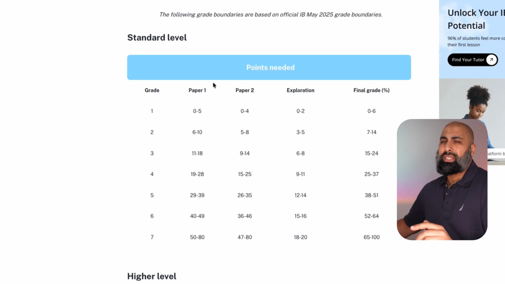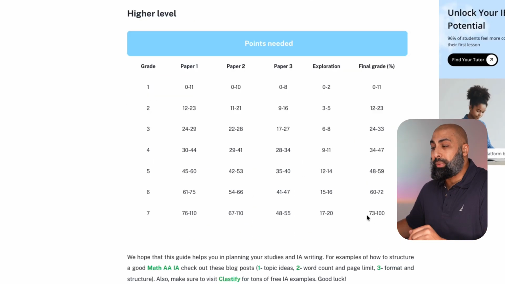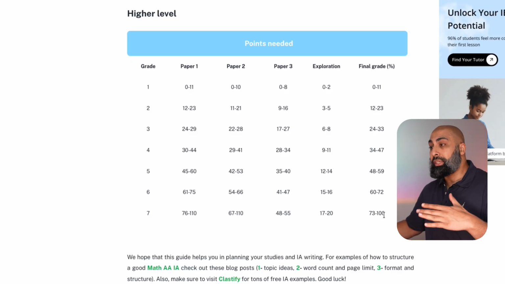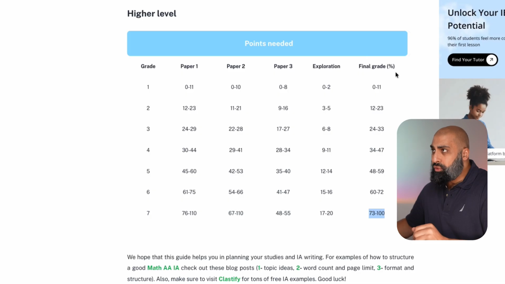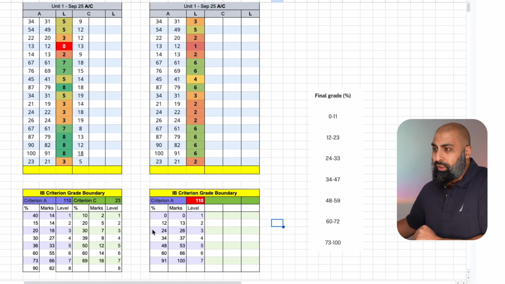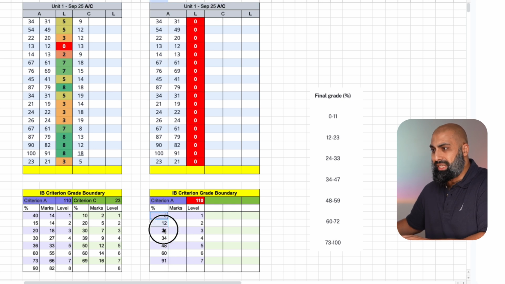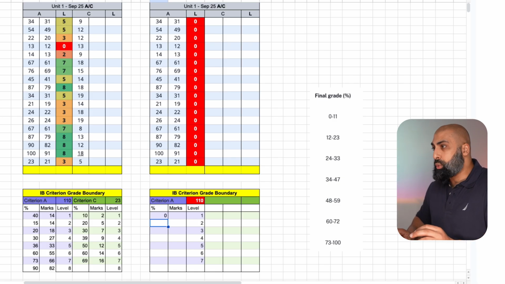What about a percentage score? Let me explain why, yeah? This is the percentage grade boundaries for the IB Math AA. So 73% out of 100 will give you a level 7 based on paper 1, paper 2, paper 3, and the exploration. Let's take these grade boundaries and go ahead and use these percentage boundaries. Now this time, these are percentage boundaries, yeah? I'm going to go ahead and delete all of this, and you'll see how it will affect this, yeah? So these are percentages. So 0 to 11 is a level 1, 12 to 23 is a level 2, 24,